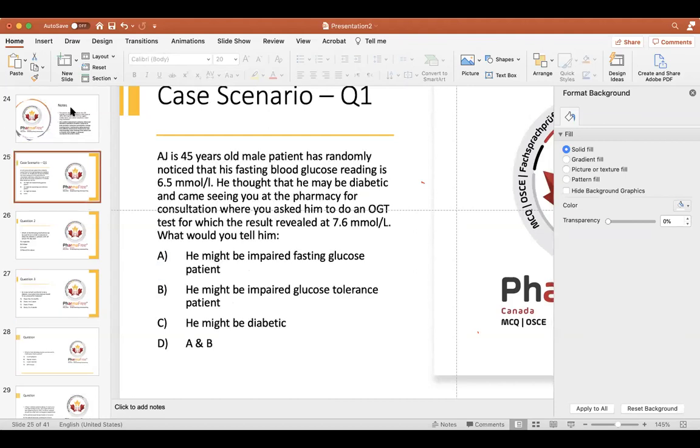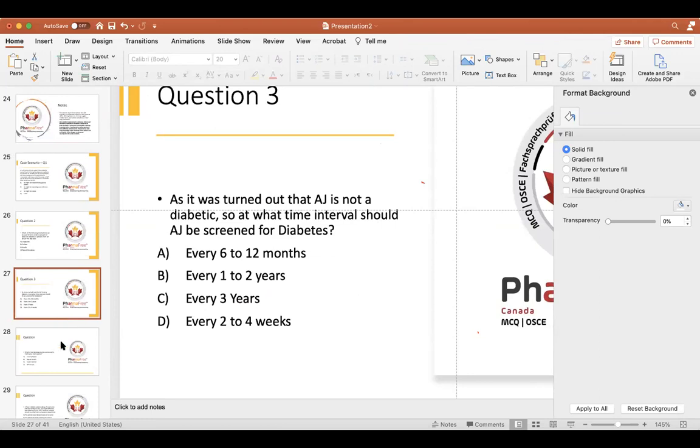How old is he? 45. So he's not diabetic. Doctor, how old is he? 45. And at 45 we screen every